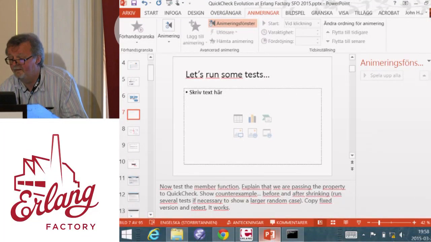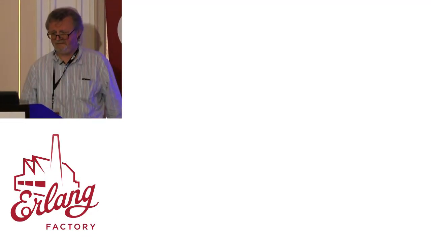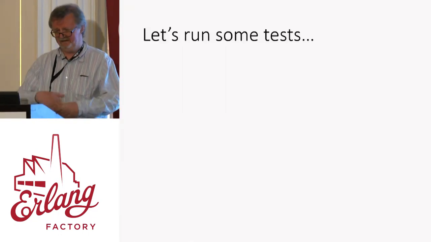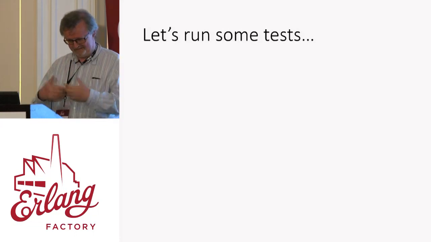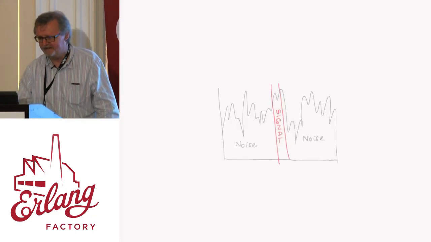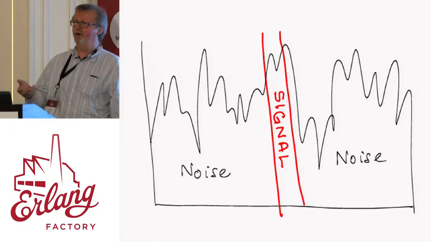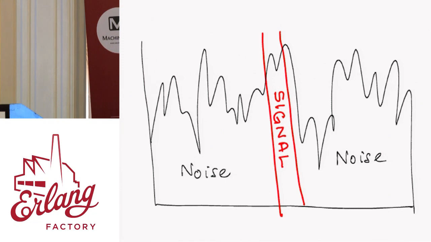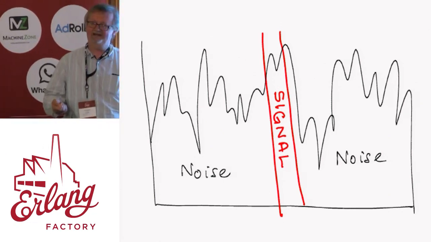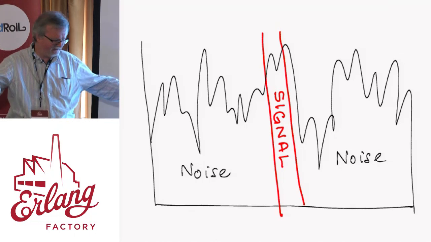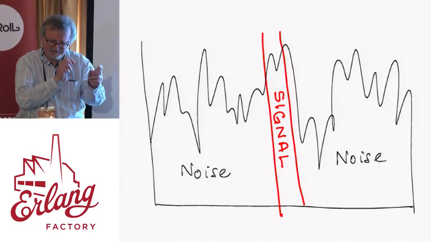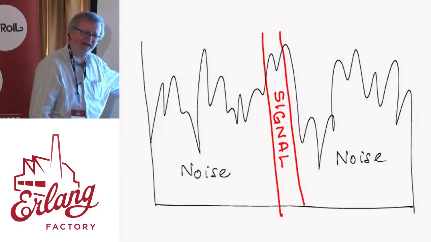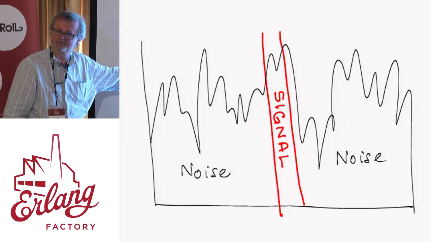Back to the slides. So what have we seen? Well, we've seen that QuickCheck could find failing test cases very easily. And we've also seen the shrinking, which is tremendously important when you're using random testing like this. Random test cases usually are much larger than they need to be to provoke a failure. Usually you get a random test case with a lot of noise in it and just a few key elements that provoke the failure. Random tests contain a lot of noise because that is their purpose.